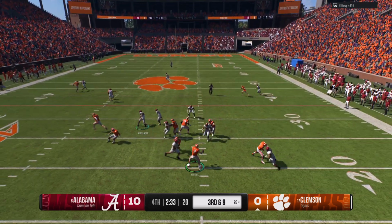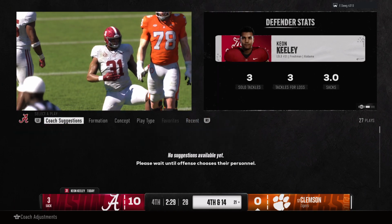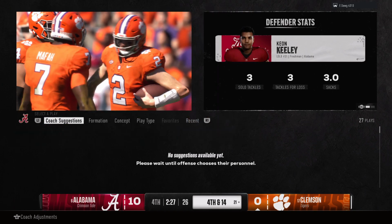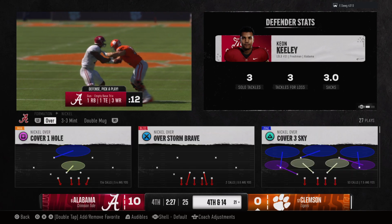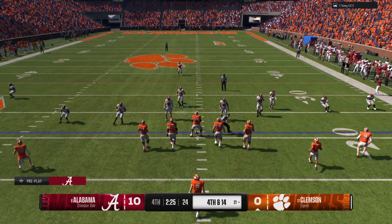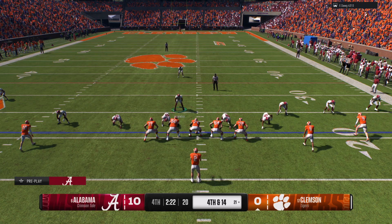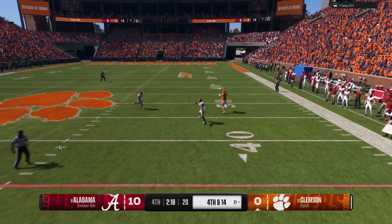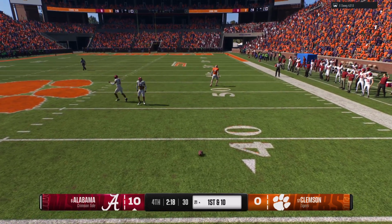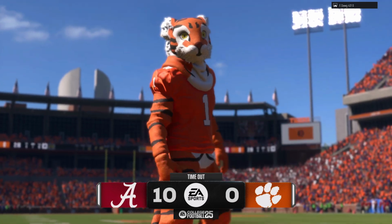Off the play fake. They're trying to get to him. And that pressure just engulfed him. A sack for this defense. This defense, they are tenacious, and they've got guys up front that are athletic and so strong and can collapse the pocket. You saw it right there in that play action attempt. Throws for the tight end. It's incomplete, and they desperately needed to keep that drive going, and they couldn't make the...